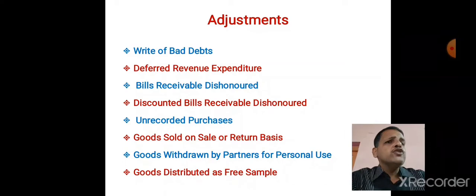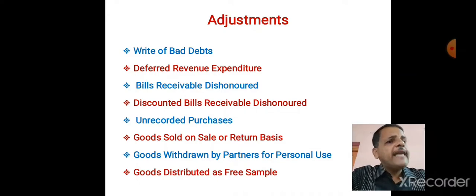Now let us see. We sold goods of rupees 20,000 on sale or return basis. Cost of such goods is say 15,000. What we have to do? We have to deduct 20,000 rupees from sale, trading credit, debtors, balance sheet asset. We have to add rupees 15,000 cost price in closing stock on trading credit as well as balance sheet asset. Like that it happens. Let us see next adjustment.